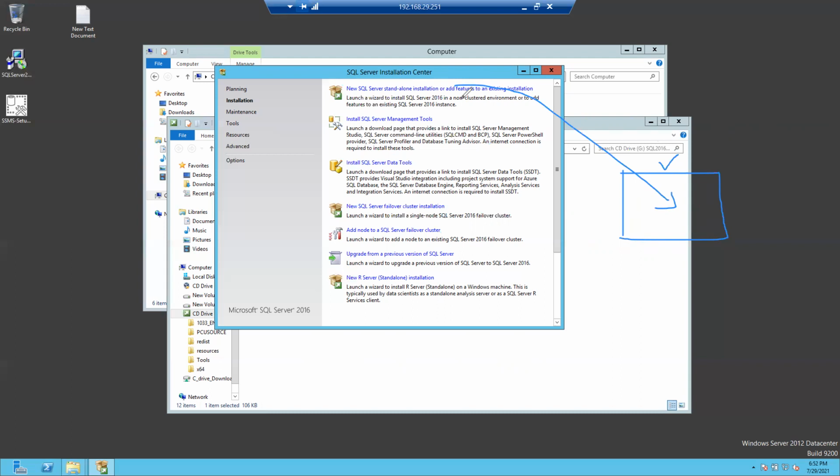And the same thing, when you are installing, some features may be missed. While installing, initially the customer said I need database engine services only, so you selected only the database engine feature and did the installation. After some point of time, the customer came to you and said we need SQL Server Integration Services as well on the same box. What do you need to do? Do you need to go with a new installation? No, you need to go with this one, add features to existing installation. I'll show you that.